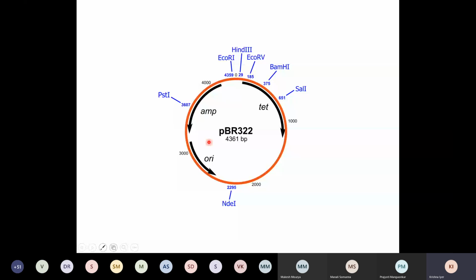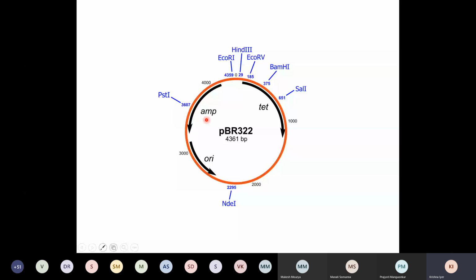The other two interesting properties it has is that it has got two genes. One gene here is called AMP, and the other gene here is called TET. Now what do these two genes do? This gene here produces a protein which allows a bacteria which has this plasmid to be resistant to this antibiotic